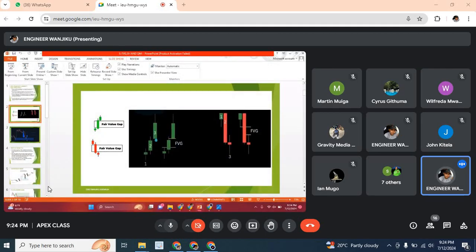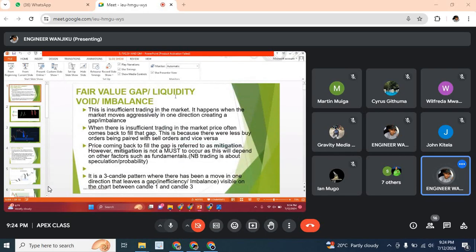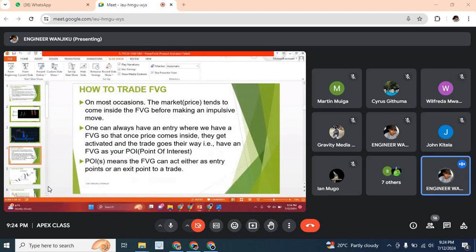So basically, that is how we identify FVGs, and we have also called them the liquidity void or the imbalance. So how do we get to trade the FVG? Before I move to how we can trade an FVG,